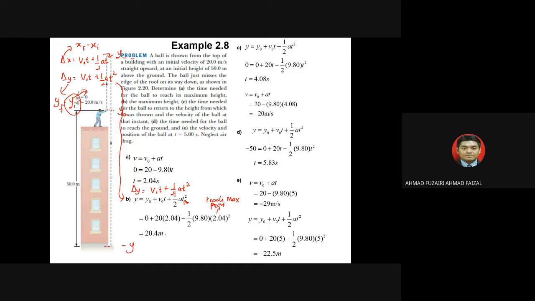Okay, and then you calculated, you get 20.4 meters. All right. Okay, and part C, the time needed for the ball to return to the height from which it was thrown, which is here, Y naught. So dia nak tahu dekat situ berapa dia dapat. Berapa timing dia. So you can use this equation, okay, ataupun maybe you want to use the equation from first,